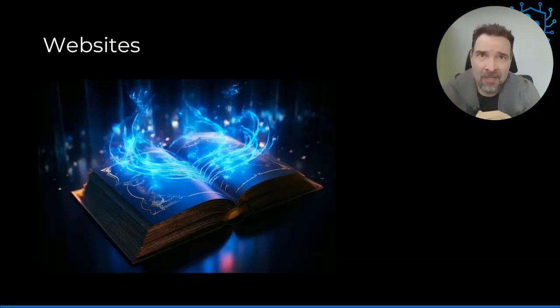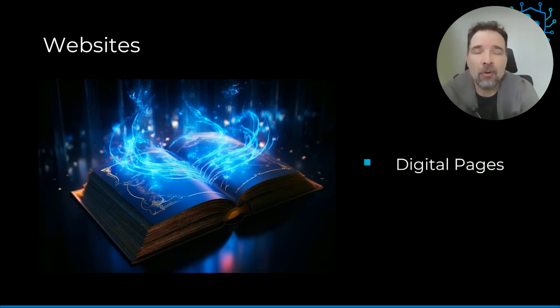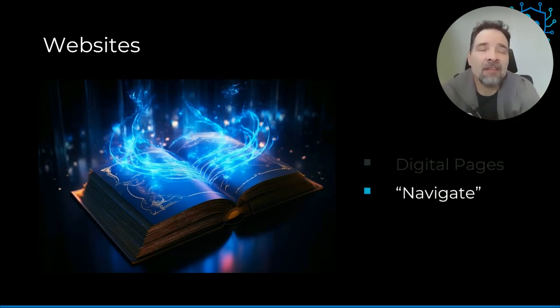What are websites and apps? Websites were the very first media use of the internet, right? And they are similar to the pages of a book or of a magazine. We call them digital pages, right? And you navigate through them, which means you access them and you scroll through their content, right? In the beginning, they were almost not interactive at all. All you could do was scroll through their content. As connectivity increased, the interactivity of websites also increased.